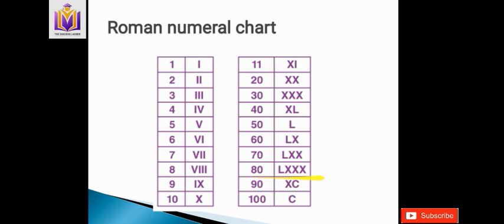Then now again we cannot repeat for 4 times. That's why first let us come to this. So we write C for 100. And if I subtract 10 from 100, to subtract I have to write it on the left hand side. That means XC will become 90. So we can't repeat a symbol more than 3 times, so we just end up doing it this way. We just subtract by writing the number on the left hand side.